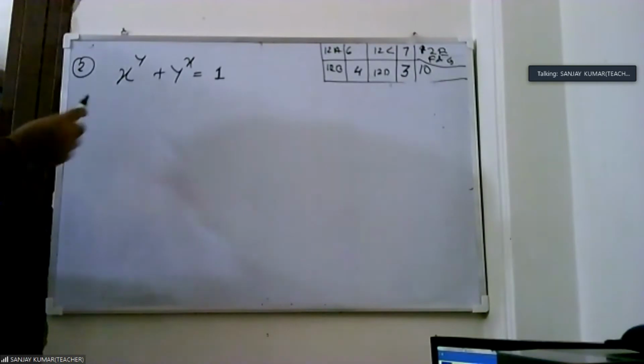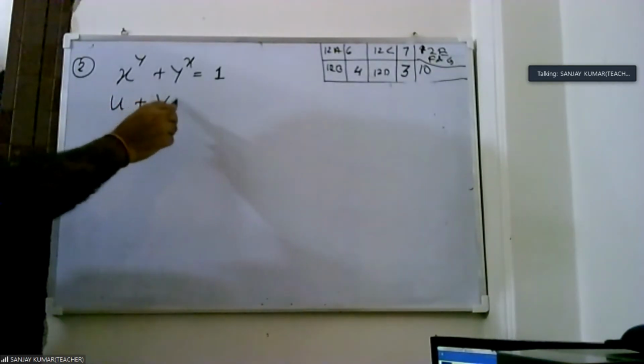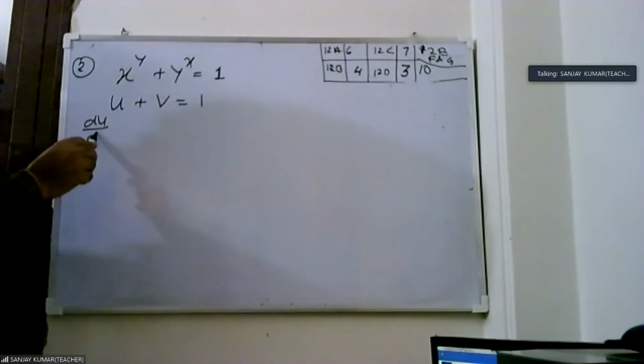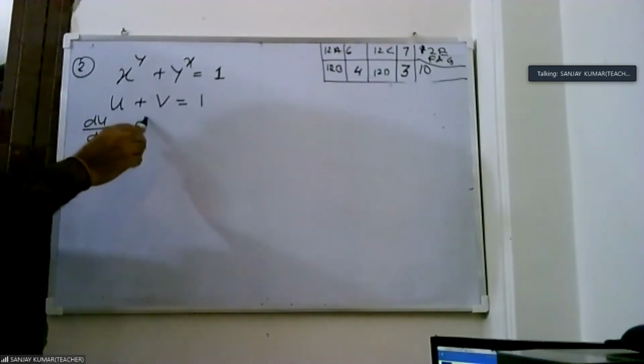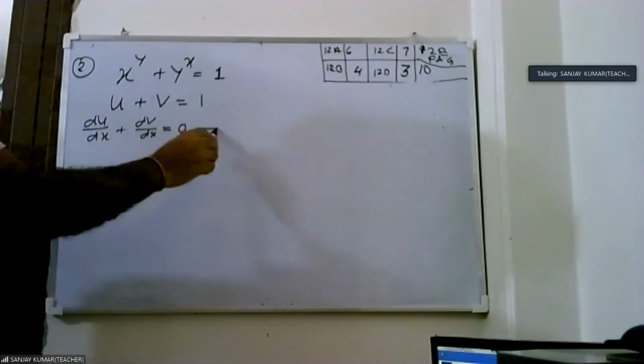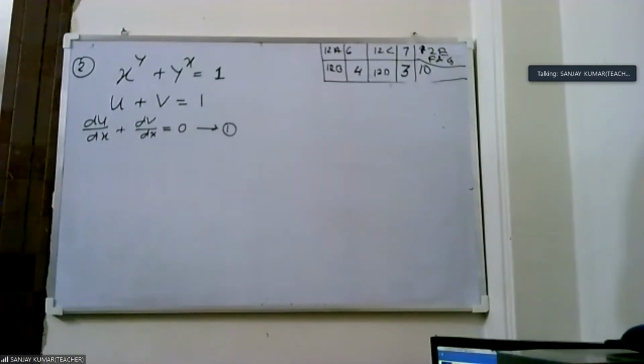So the same thing: because we have a plus sign, this is a question of u and v. So we apply u plus v equals 1. Then we start the derivative: du by dx plus dv by dx equals the derivative of 1, which is 0. Now you may wonder, there is no dy by dx here, so how do we find dy by dx? When we differentiate u, we get y, because in u we have y, and in v we have y; separately we do not have y equal to something here.